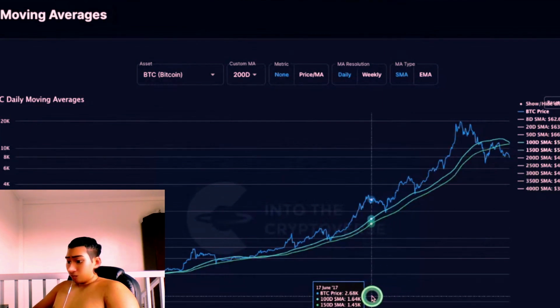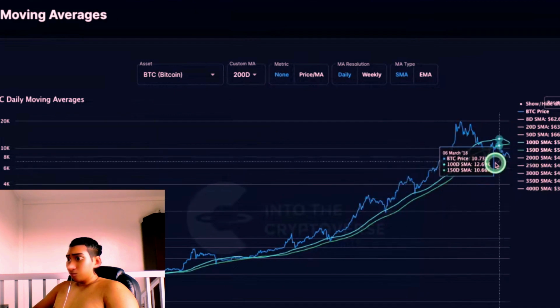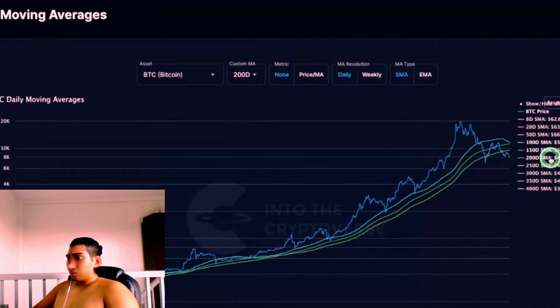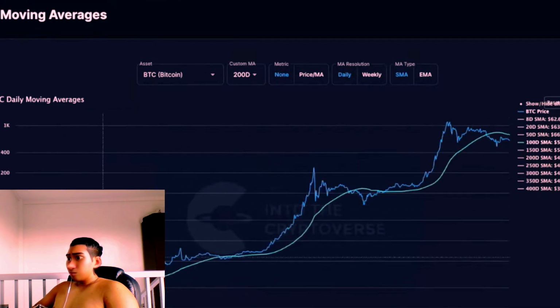Let's look at the 150. The 150 pretty much held for the duration of the bull market. And you can say that bull market came to its end when the 100 crossed below the 200. And if you look at the 200 in this particular cycle, which was the 2017 bull run, it was never pierced. Let's go back and have a look at the 100 interaction with the cycle before that, which was the